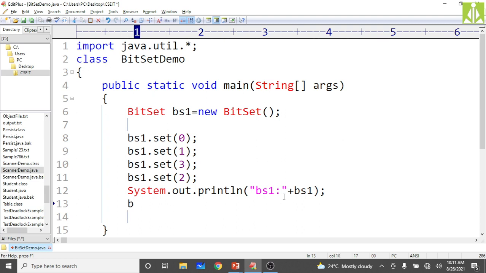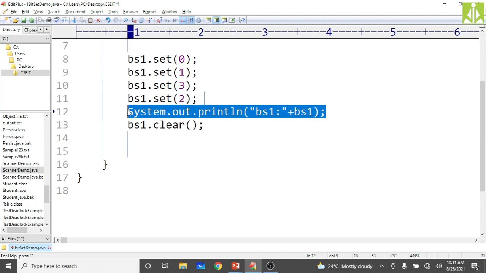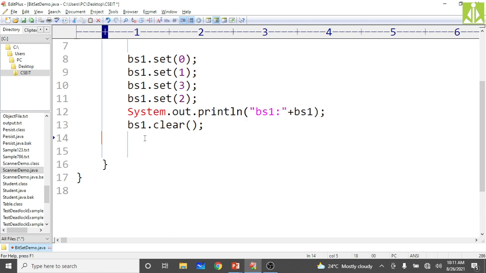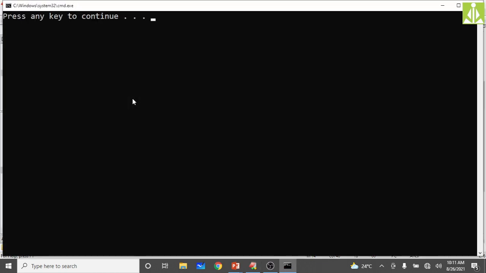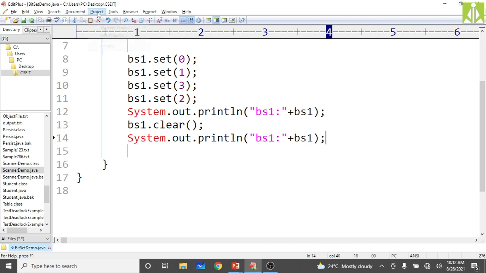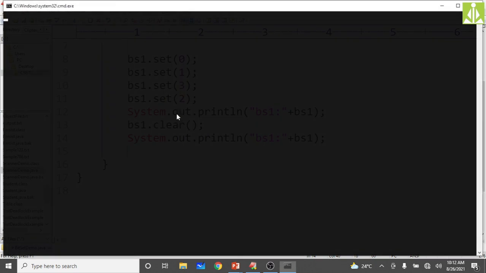That is bs1.clear(), okay, this will clear all the bits. So simply print after clearing. Save it, then compile and run to see the difference.